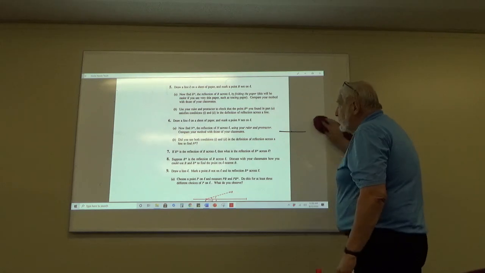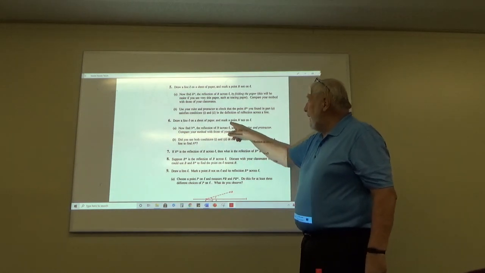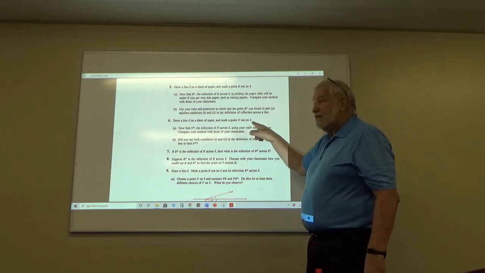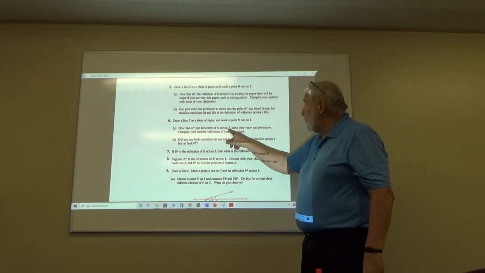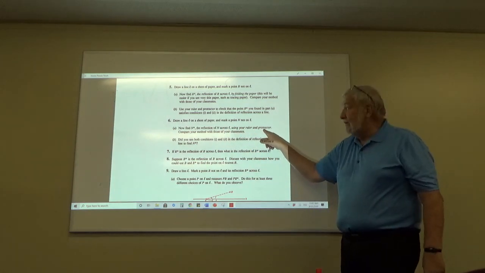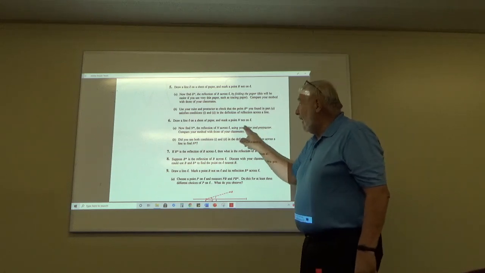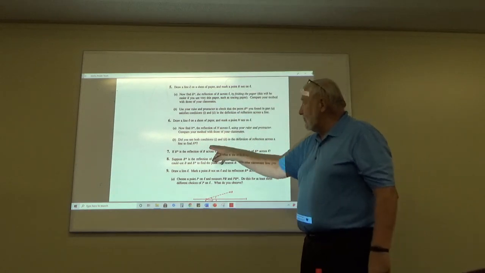Now, 6 says draw a line on a sheet of paper and mark a point N that's not on L. Now, find N prime, the reflection across L, using your ruler and protractor. That's what I just showed you. Right? Now, compare your method with those in the classroom. Well, you can't do that, so you only have one. All right,